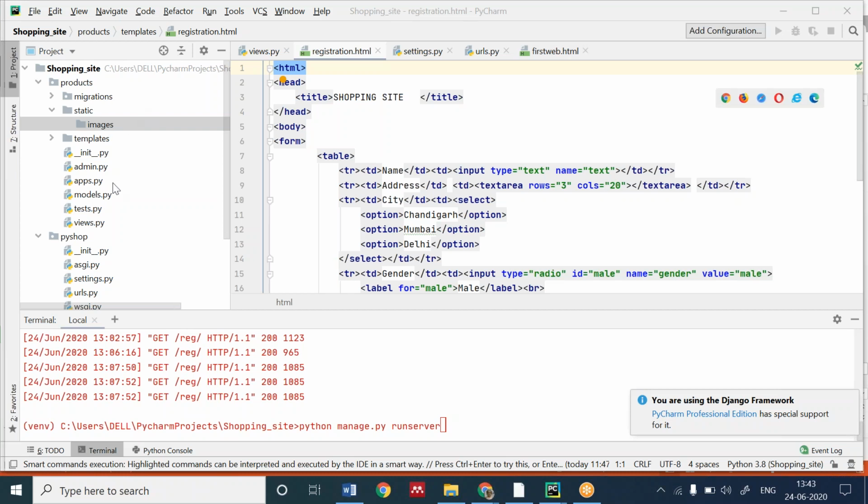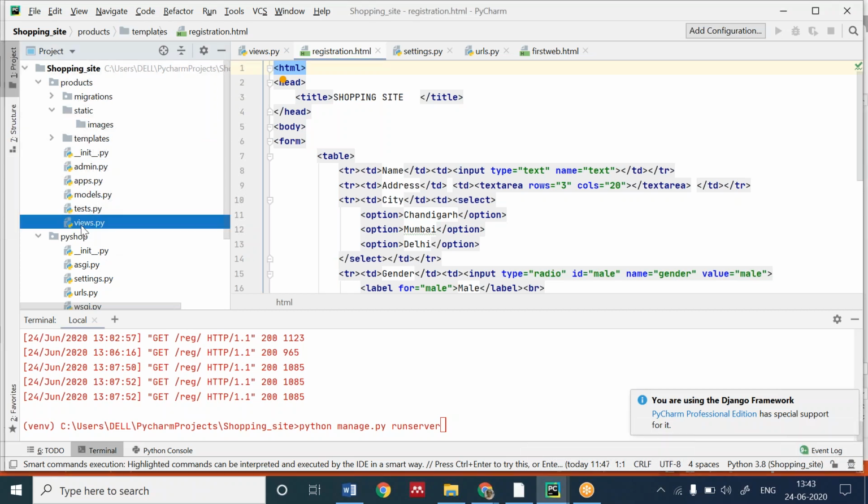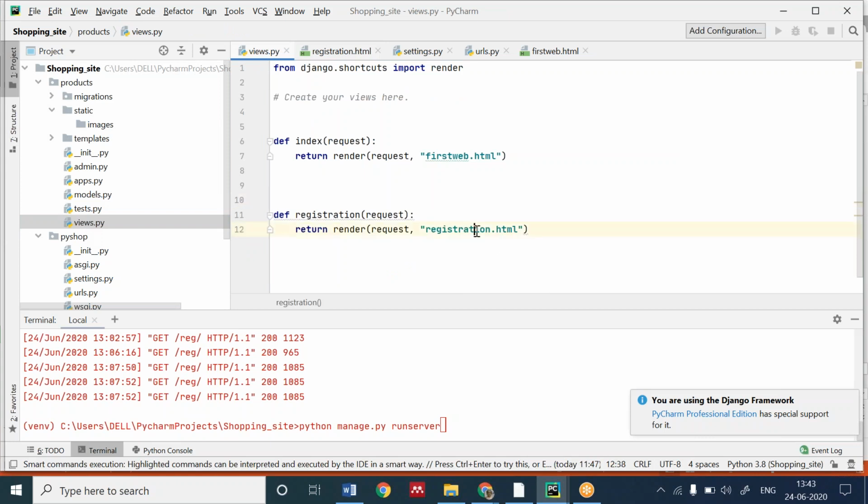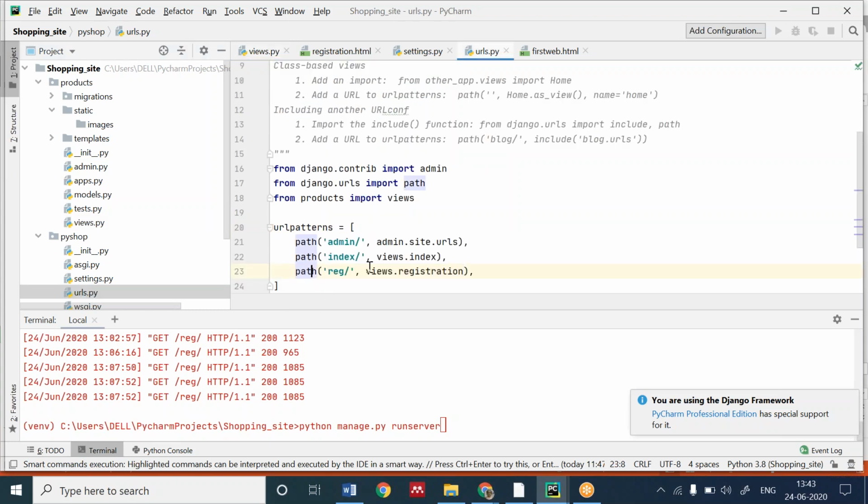Okay, you have created an HTML file, then you have to go to the settings. Hope you have done the settings change. Then you go to the views, create a function, and pass the HTML page name. Create a function in views, pass the page name here, and then you can call it using the URLs. Go to path and define the function name here. Hope, Kashish, you got it. Okay. Welcome.